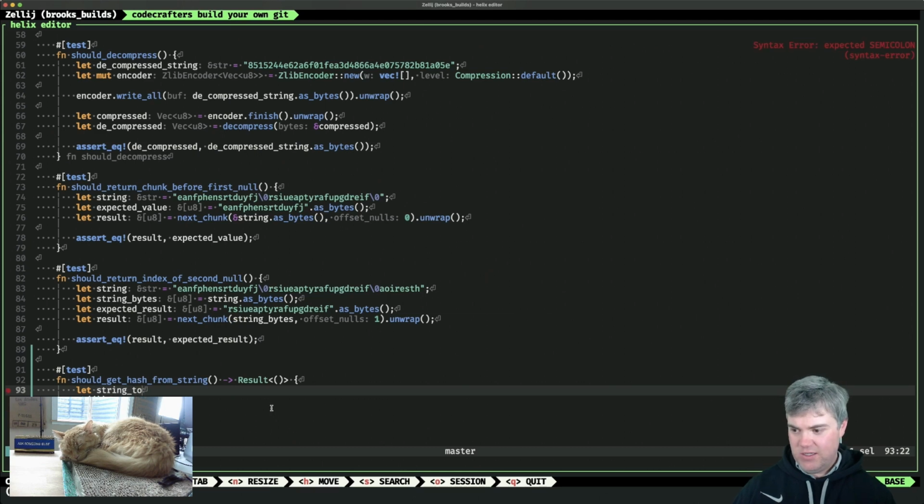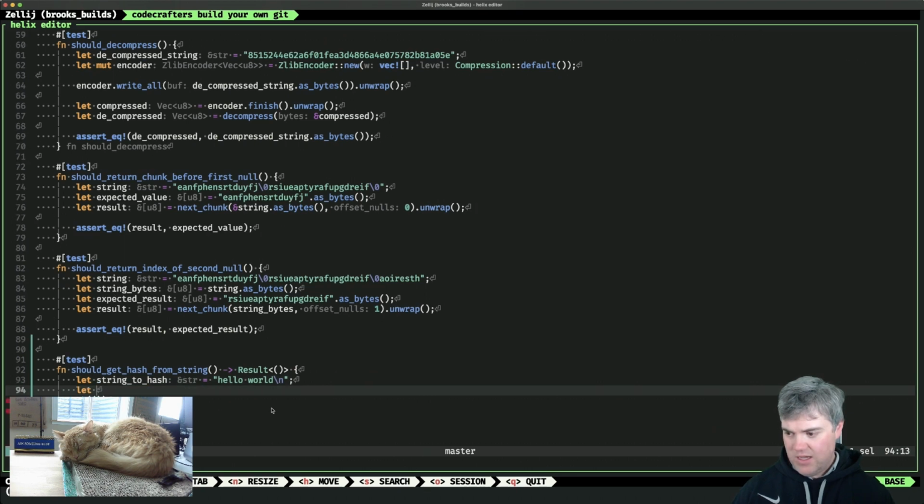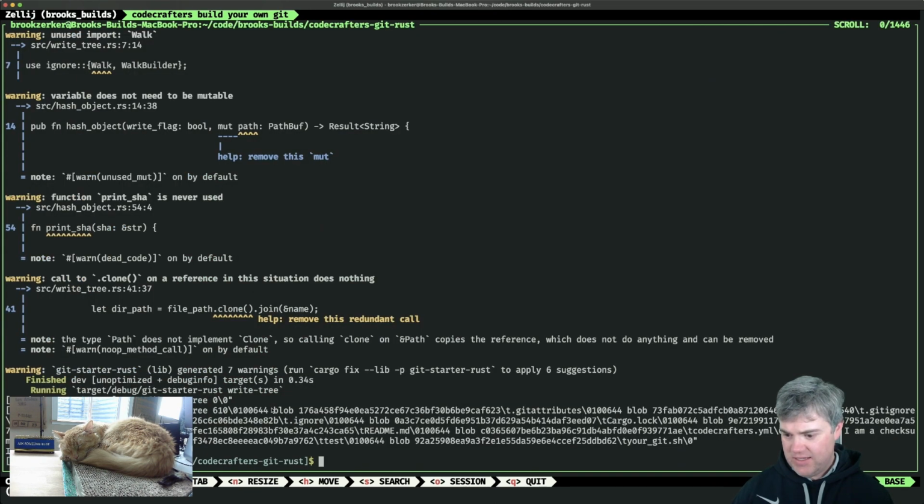So string to hash is going to be equal to, let's do our hello world. So hello world, like that. There's no new line. Actually, I can add a new line. That should be fine. Let the expected result. Let's actually take this hello world and